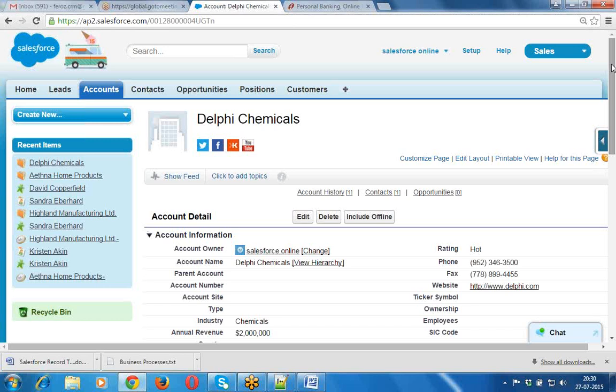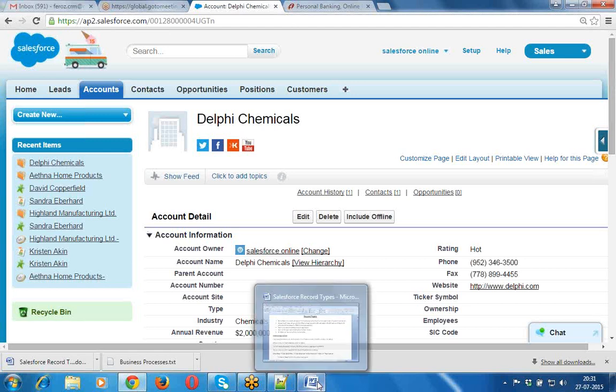Every record should have a different look and feel, a different set of sections, a different set of fields, and different picklist values also. So if you want to create different record types in an object, then we have to use a feature called record type provided by Salesforce.